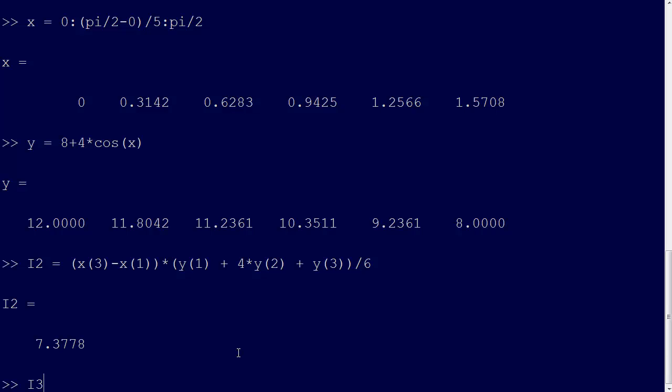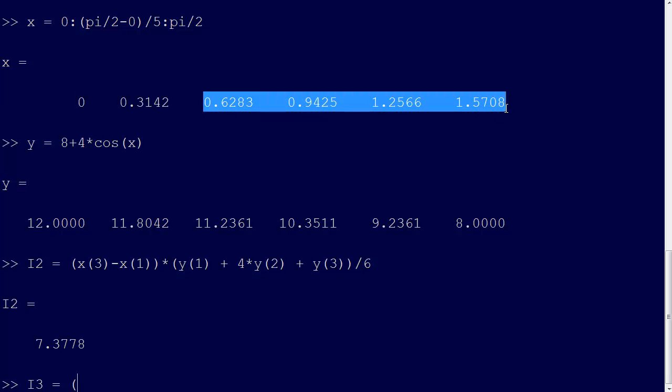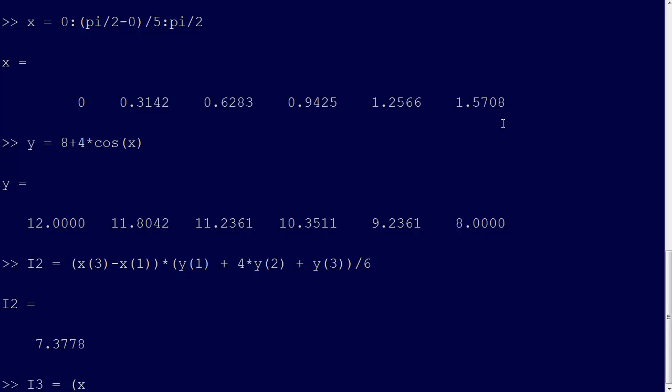And so that's our I called that I2. I don't know why I called it I2. I'll call the next one I3. And that's going to equal our interval we're integrating over, and so we just went from 0 to 0.6283, now we're going to go from 0.6283 all the way to 1.5708, so that's going to be x6 minus x3 times